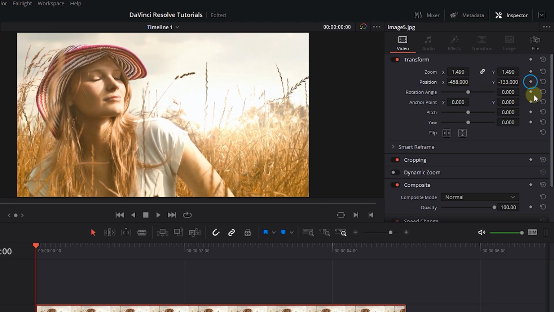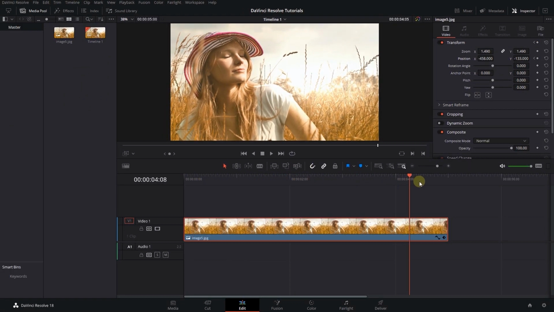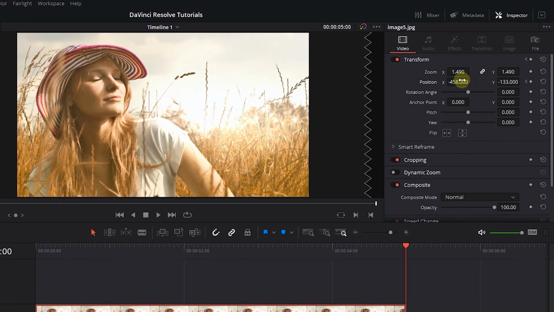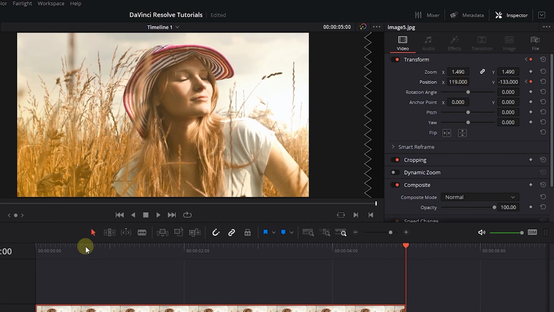Click on keyframe next to position to create a starting keyframe. Move the playhead to the end of the image and increase position X value to create the second keyframe. Now we created a pan effect using